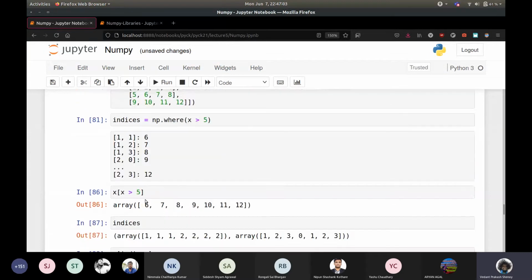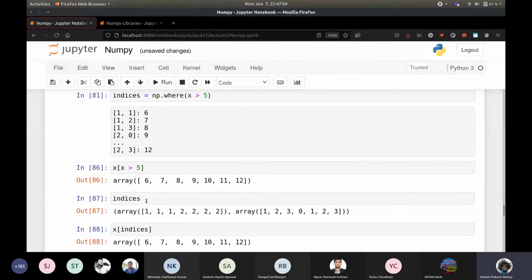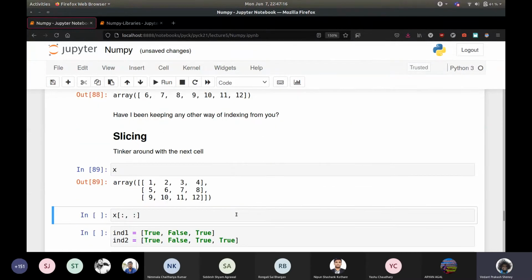Okay, so this is now a new way of indexing, right? You can index it with a tuple which has as many arrays as there are dimensions of the NumPy array, which is another way of indexing a NumPy array. Great. Is there anything else? Yes, there is slicing. And I said we'll come back to this later. So slicing in a multi-dimensional array.